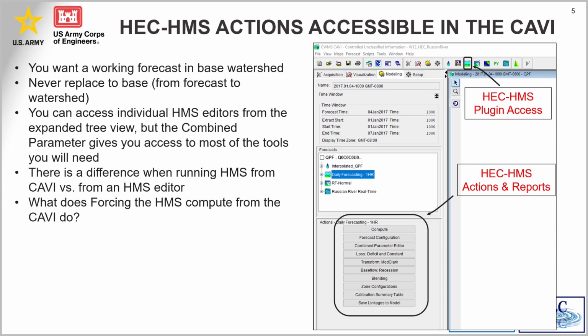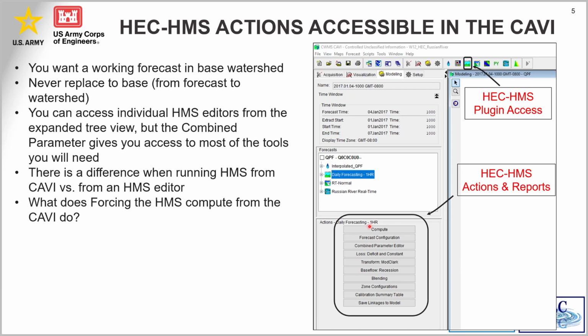At the top we have the icons of the applications within SWMS. Each of these will take you to their respective applications. So we're focusing on HMS. So up here we have the HMS icon. If we click on that, we would open up the HMS user interface and be able to poke around in that. Then on the left, we have the forecast, and then we could left click on this HMS one,